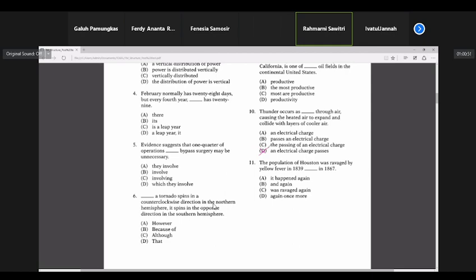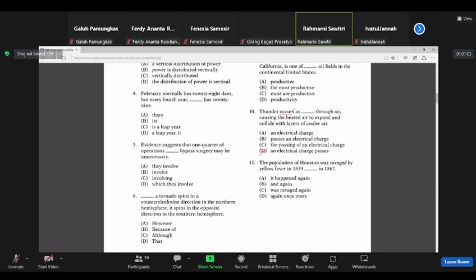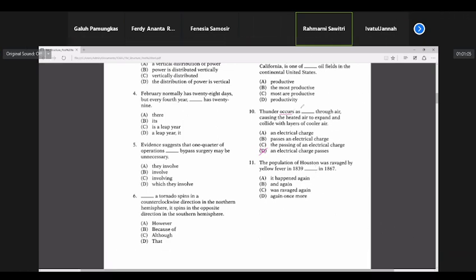So here we have the first clause, that is the first sentence, thunder occurs. Kapan terjadinya? Here we have the connector as what? As an electrical charge passes. So here we have another verb. Okay. And then for number 11, we have